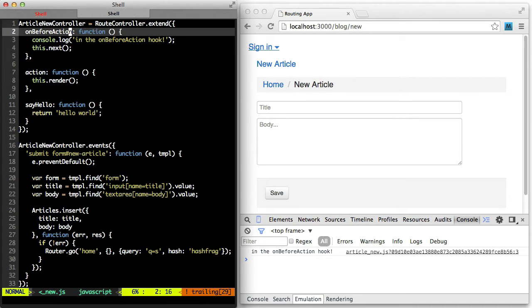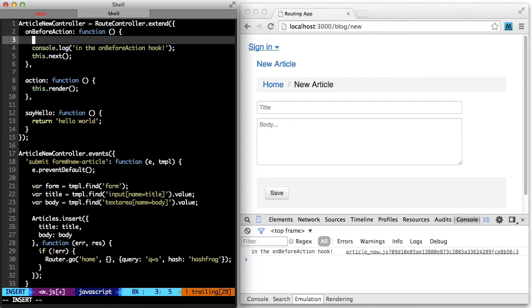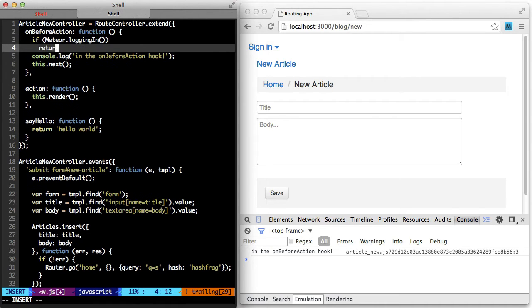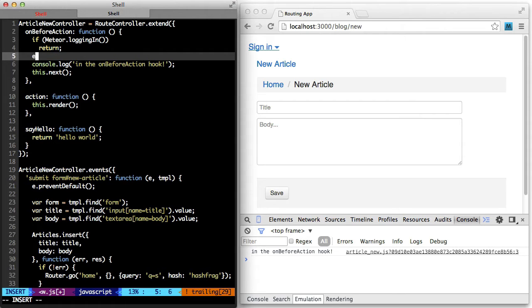So we can make use of this fact to make sure that the user is logged in, and if they're not, to send them back to the home page. So what I'll do here is to say if the user is logging in, so if the login process is underway, just wait. Otherwise, if the user is not logged in,